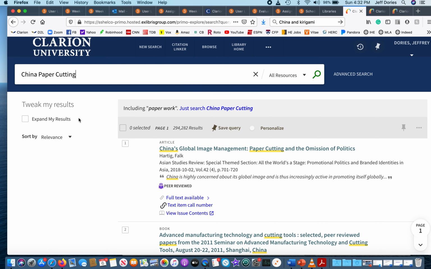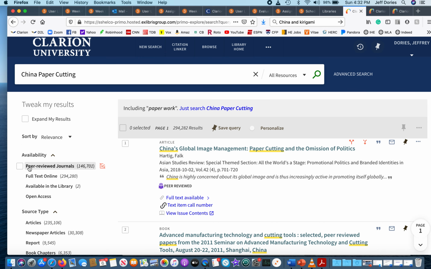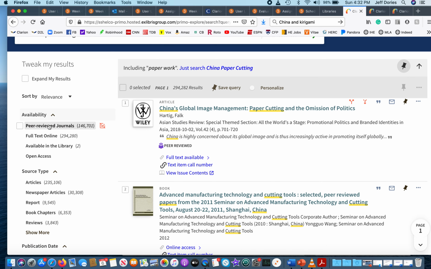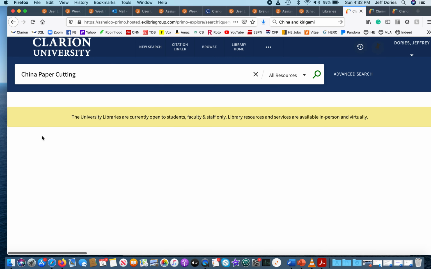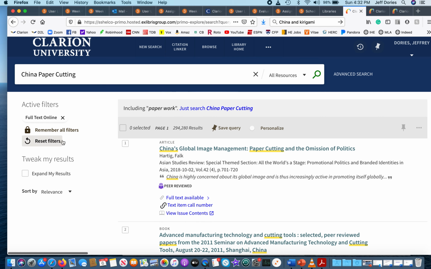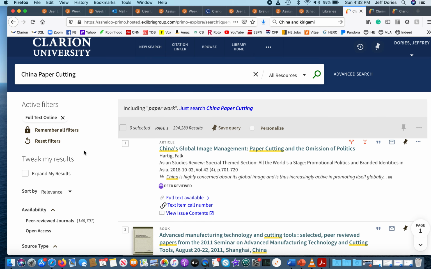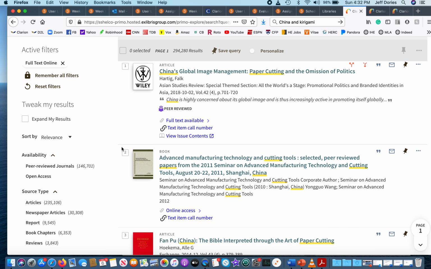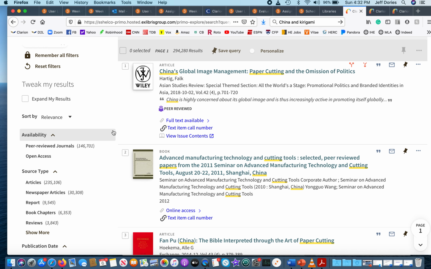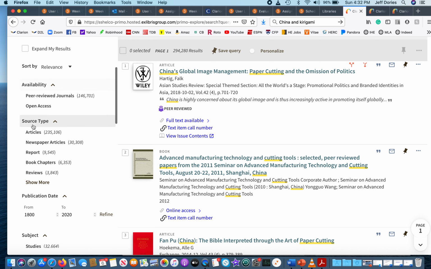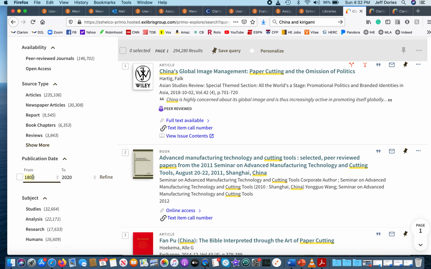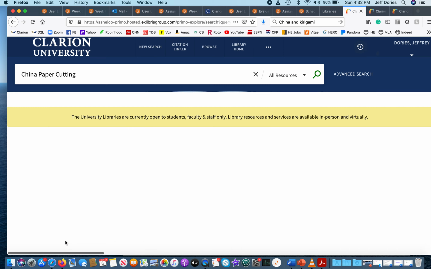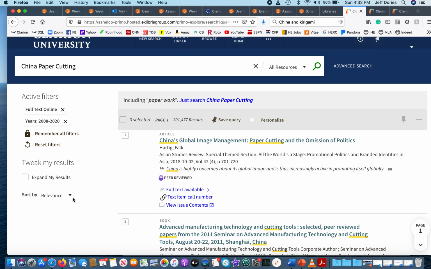So same thing here. We hit on full text, and I am having you skip that peer review filter, but you're going to have to then make sure where you get them from are articles, or if they're books, that they're experts in their field. So you'll have to do a little bit extra look in there. So from 2008 to 2020,